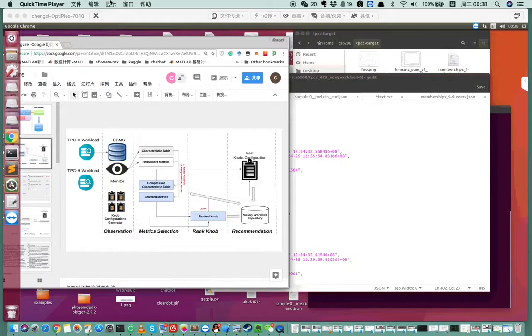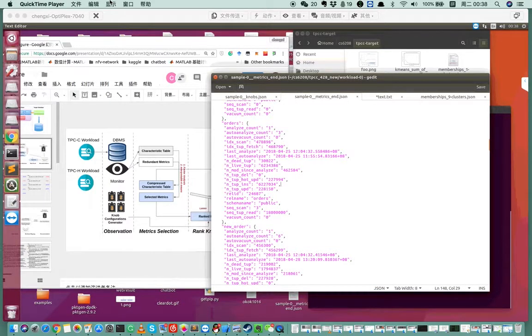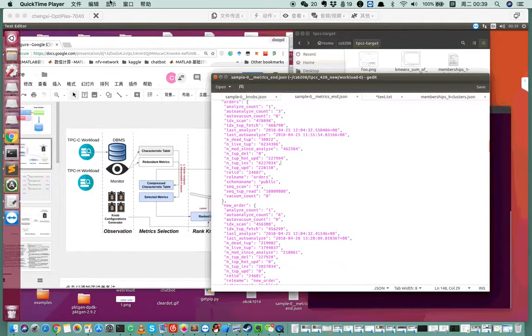This factor analysis method will remove the redundant metrics and reduce the size of the matrix. And k-means is a clustering method, which means that based on the workload feature, we will group the existing metrics into several